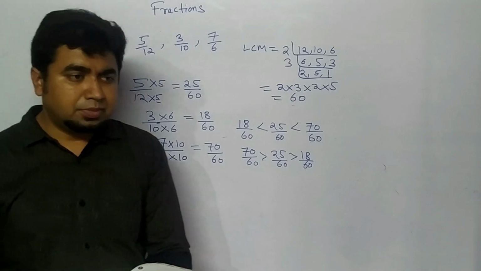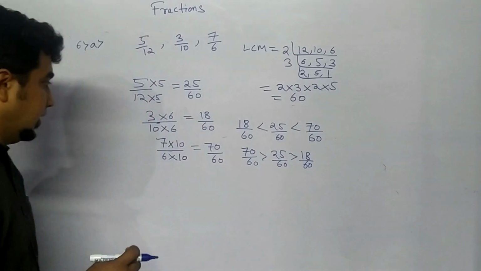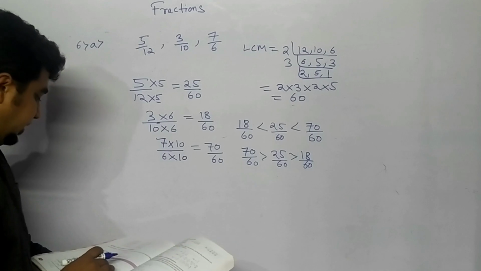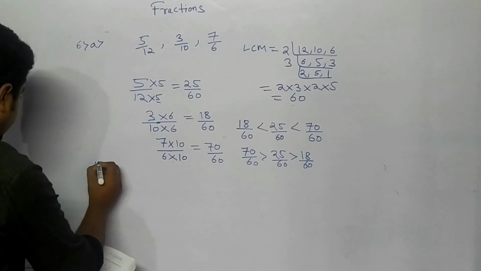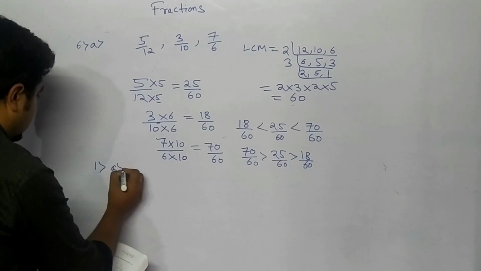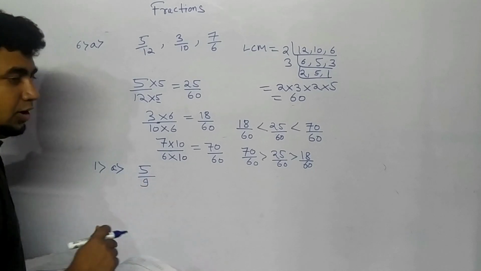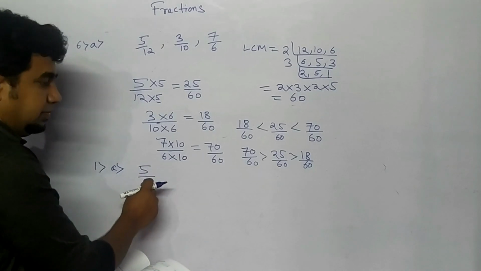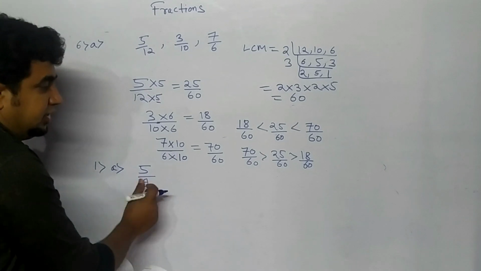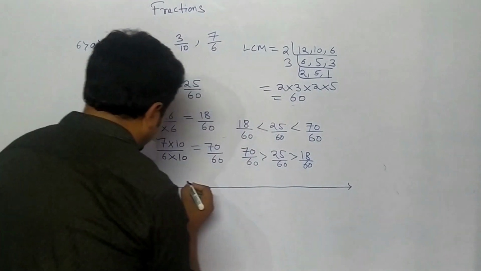Now I have left question number 1 because I just wanted to discuss similar types of questions first. Now, diagrammatic representation on the number line. How to represent these fractions on a number line? In question 1a, I just want to discuss 5 by 9. What is given to us? 5 by 9 means the denominator given is 9. You first have to draw one line.